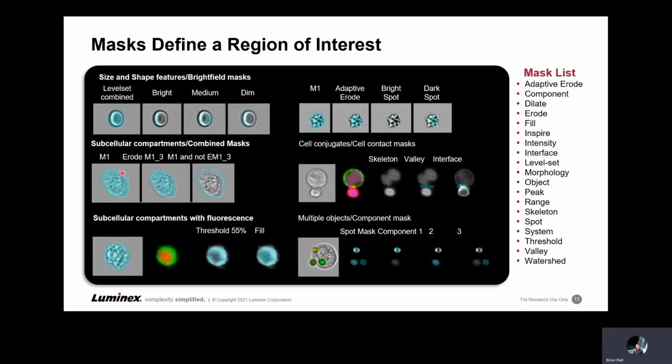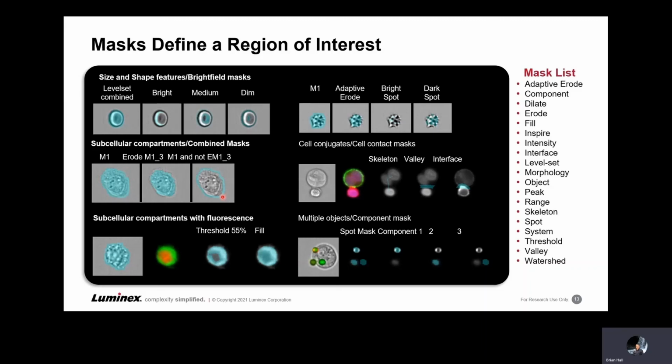I could erode that mask to look at the cytoplasmic area of that cell, but if I subtract the cytoplasmic region from the total cell mask, I can identify a thin mask that identifies the membrane of that cell. So if I just wanted to look at membrane fluorescence, I could use this mask to quantify total